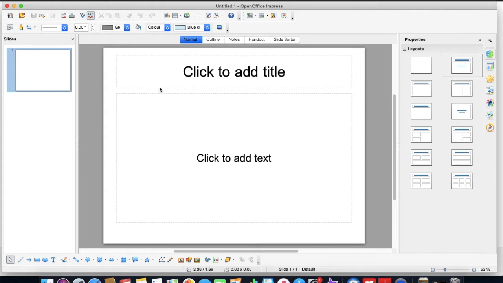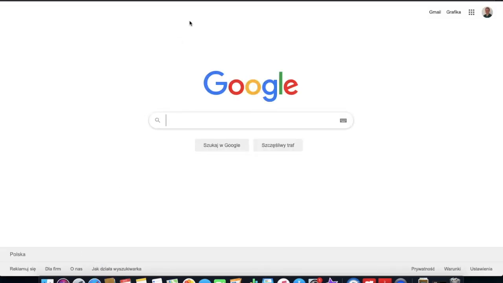You may use the logo of your company or the photo of the entrance or maybe of the building that your company is located in. I put it in the top left and top right corners of my master slide. To find a logo, you may use a simple internet search.